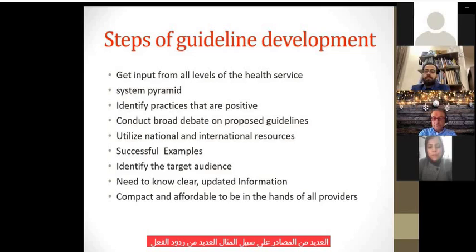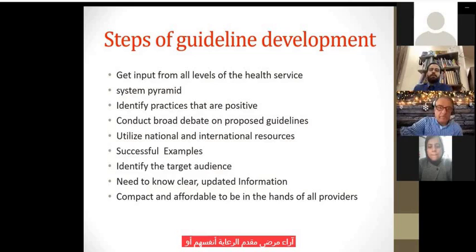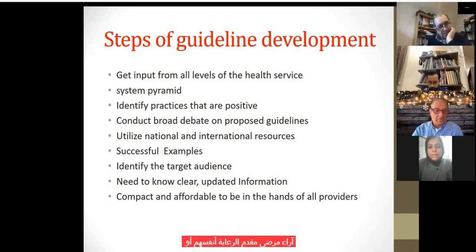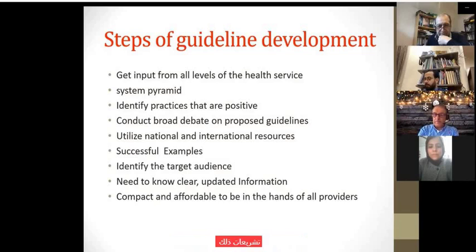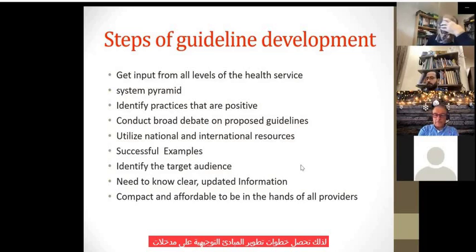For example, many feedback, many information from the opinions of the patients, of the care providers themselves, and the whole skeleton by the institutional and governmental legislations that control the medical practice. So steps of guideline development get input from all levels of health service,